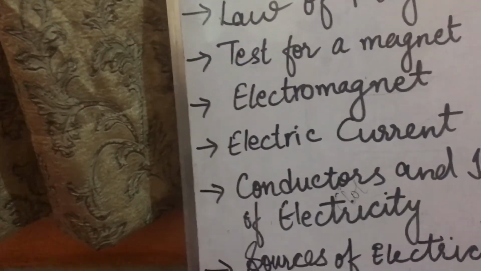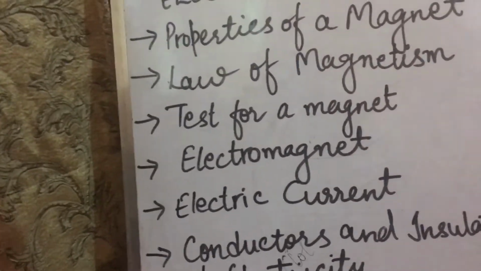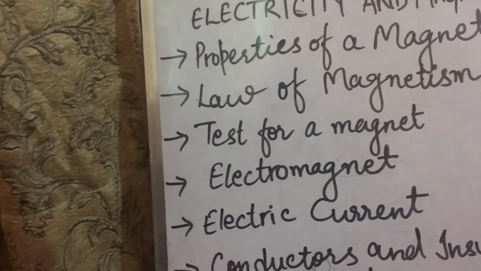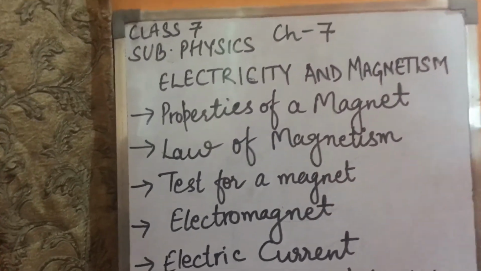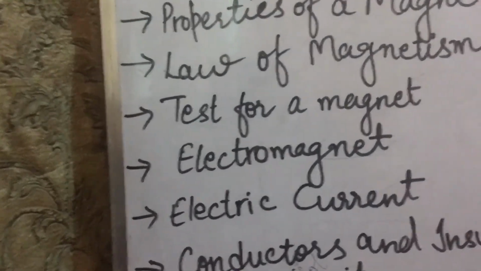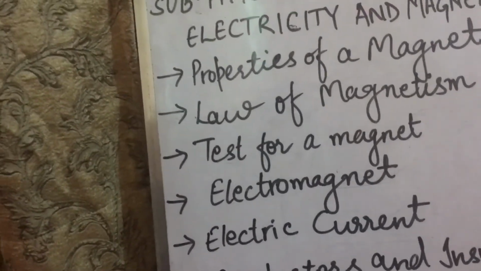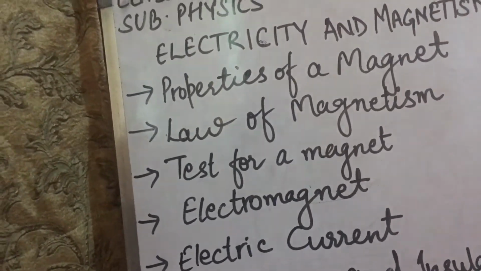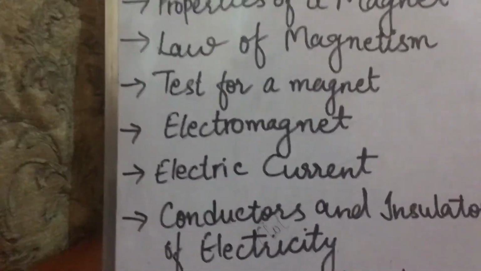Now, electric cells are of two types. What are the two types of cells? Primary cells and secondary cells. A primary cell is one which once used cannot be reused. Like the cells you use in your remote and your toys. Once they are consumed completely, we are not going to reuse them. We simply throw them. So the examples of primary cells are Daniell cell, dry cell, Leclanché cell. All these are examples of primary cells.